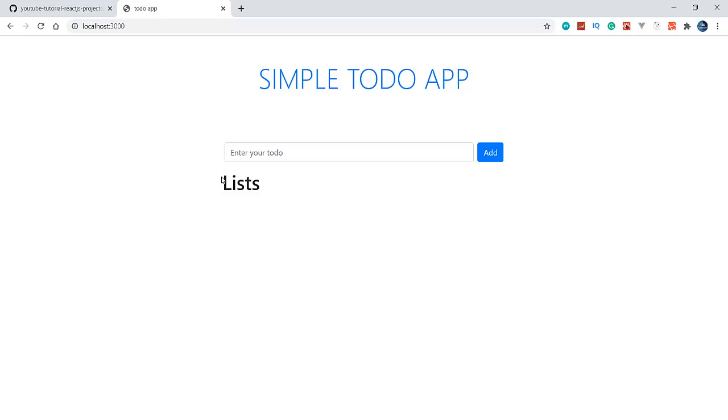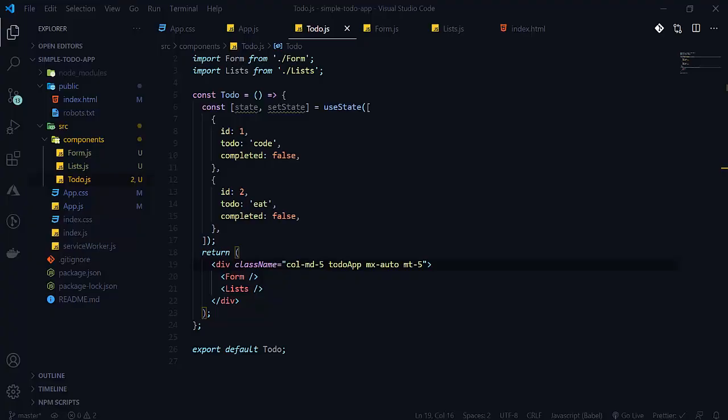So now we will pass an array as a prop to list here. So what do we have to pass? We have to pass our state here. So copy this and we will pass here as a prop. So this is an array of objects here. So we can access this array of objects in the list here. So here I will write todos. So todos will be the name of the prop here that we can access in the list here, and we will pass a state here.